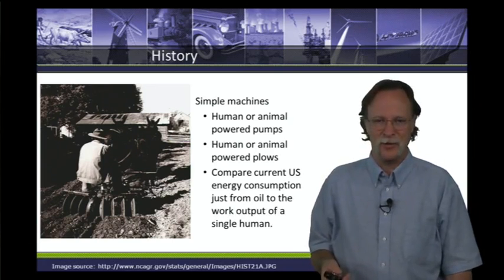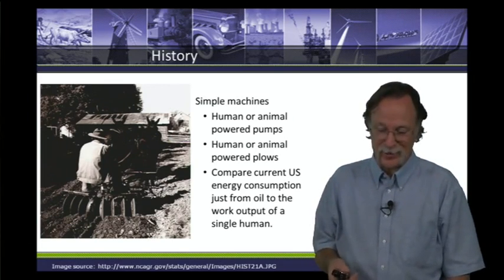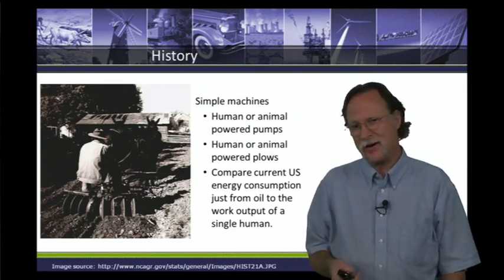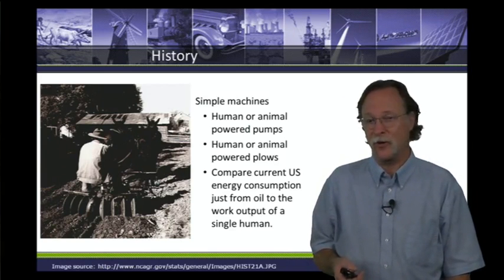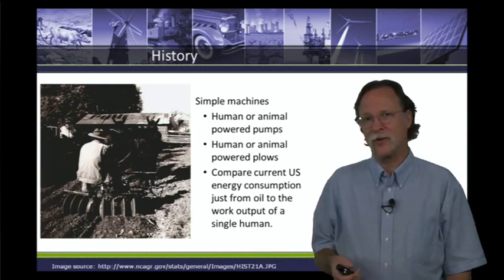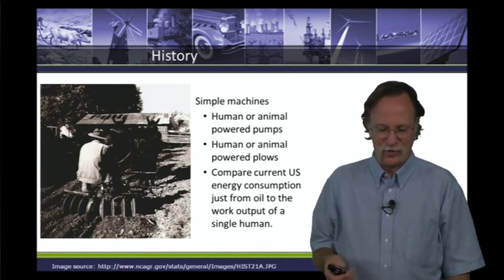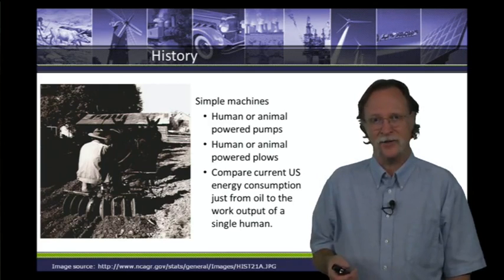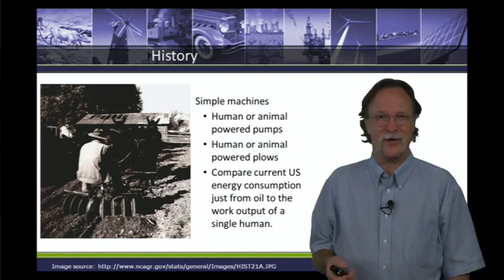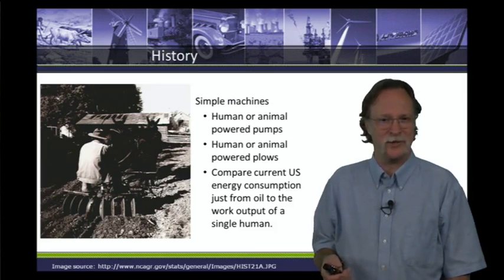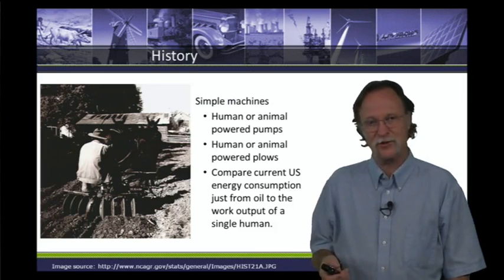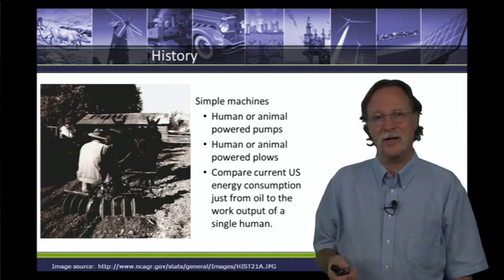Just to throw some numbers at you, I'm going to look down here because I can't memorize everything, but we use about 18.3 million barrels a day of oil in this country, the United States of America. Now, a barrel of oil is 42 gallons, so I can work out how many gallons are used per day in this country. Well, we also have about 316 million people in this country. So if I work that out, it's about 2.43 gallons per day per person of crude oil. My own little pot of crude oil I have every day.